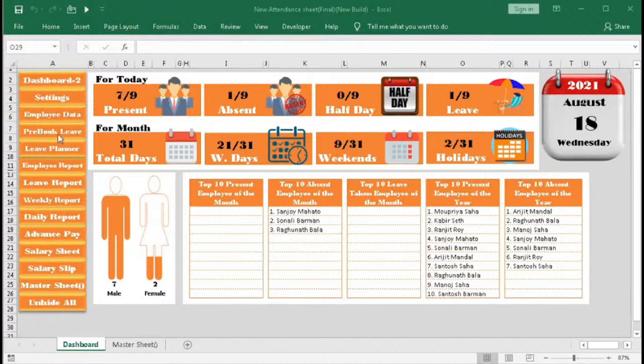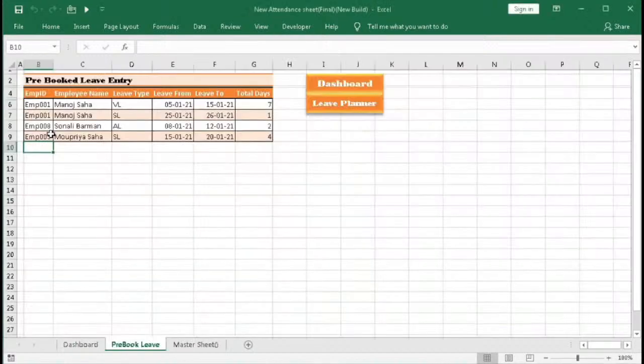So in this part we will learn about Prebook leave and leave planner. So let's understand what is Prebook leave and leave planner. Click on Prebook leave. This is the Prebook leave data. Whenever any employee wants to take any leave, just enter the data here and that will be affected in